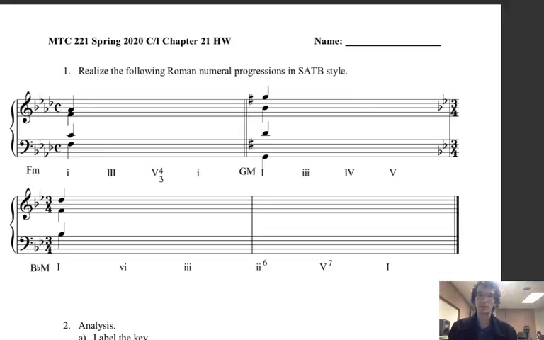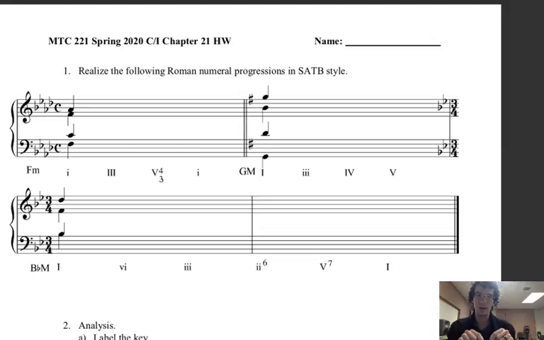So realize the following Roman numeral progressions in SATB style. So not keyboard style. This is kind of given to you as a hint with all these starting with an SATB voicing. The number one thing that people lost points for on the quiz was, here comes a chord with a chordal seventh, i.e. a dominant chord or a 2-7 or whatever, and they forgot to have the chordal seventh resolved down